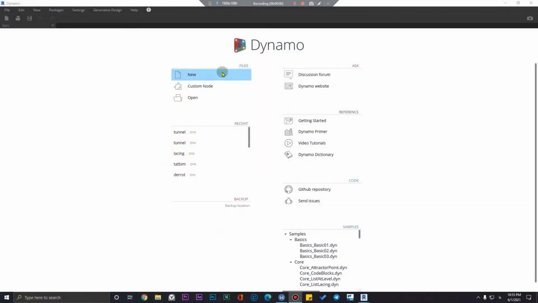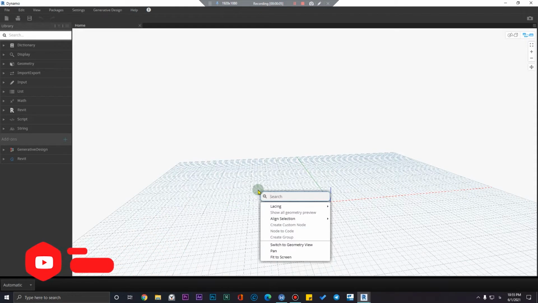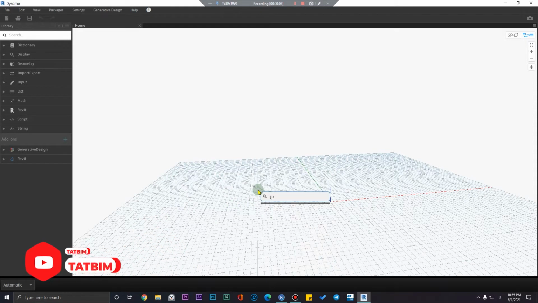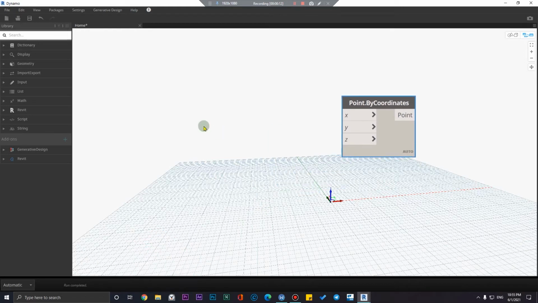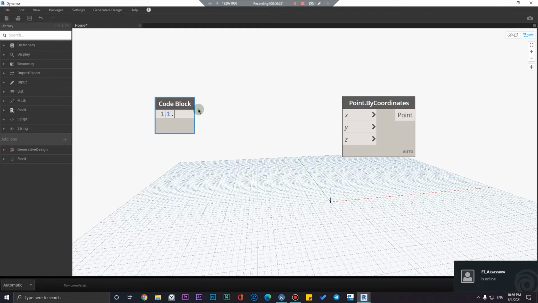Okay, let's create a new Dynamo file here and let me create some points, maybe point by coordinates, and let me create a range here, maybe 1, 2, and the step should be 1.